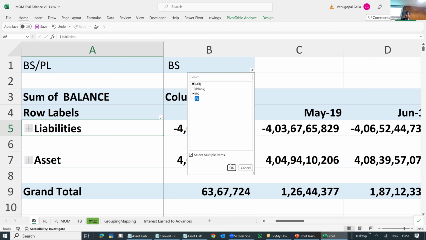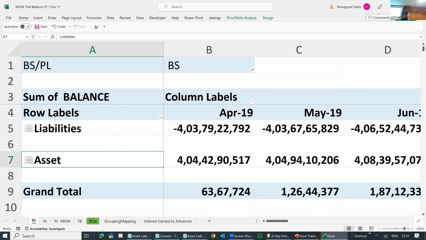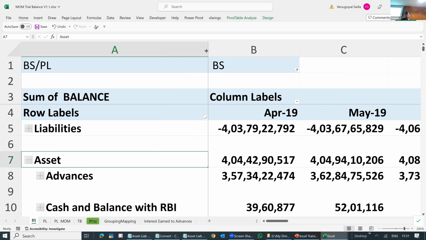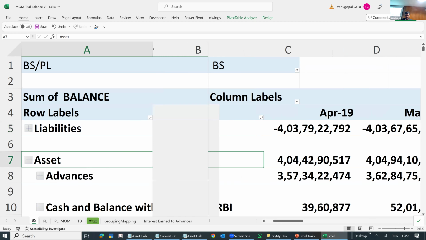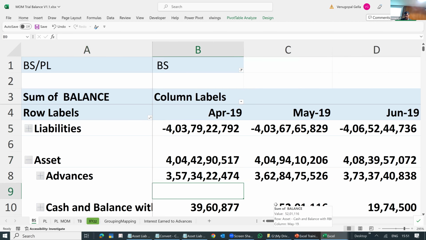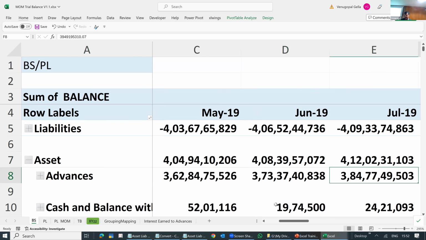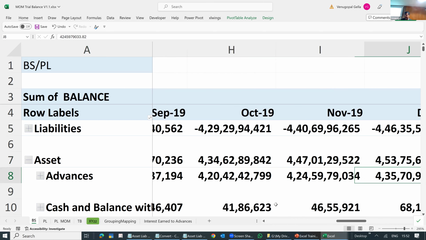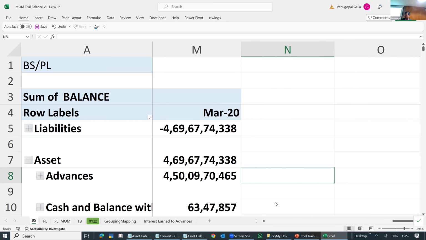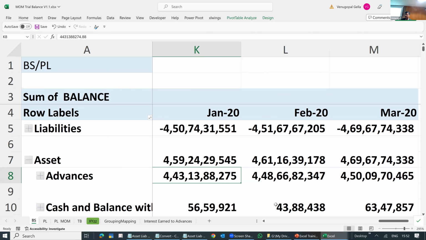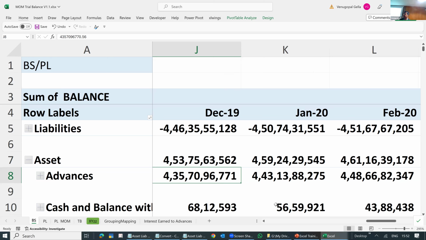You have to always do the control totals and check whether the data which you are seeing is correct or not. Okay. So now let's say you are analyzing your assets. You will start seeing your advances. My advances here is 356, 7 crores, 362, 373. You are now getting a view of the size of the balance sheet that you are seeing. So are you comfortable with this number or not? Is it extraordinary? Now you can see 450 crores, 448. So more or less every month I am having this advance and deposits. I don't feel there is window dressing.